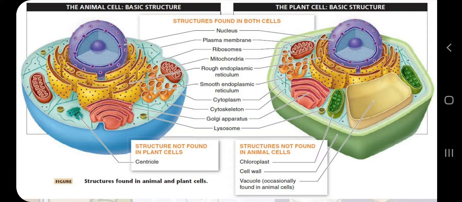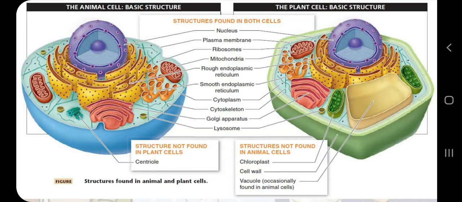These cells are nothing but tiny chambers filled with a fluid called cytoplasm, and apart from that, these cells also have some very small sub-compartments, and those compartments are called cell organelles. Most of the cell organelles are quite similar in plant cells and animal cells. In this diagram, the blue one is the typical version of an animal cell, and the green one is a typical plant cell. So there is a difference between a plant cell and an animal cell.